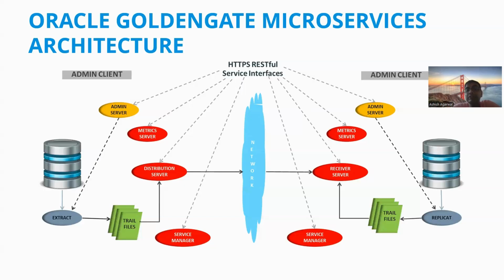GoldenGate is a tool which is external to the database. Any tool which is external to the database, if it ultimately disturbs or degrades the performance of the database, no organization will use it. Say, for example, you have a bank account in State Bank of India, right? If your application is slow connecting to the database because GoldenGate makes your database slow, will SBI use GoldenGate in that case? The answer is no. So there are no lock contention and no locking performance degradation issues,